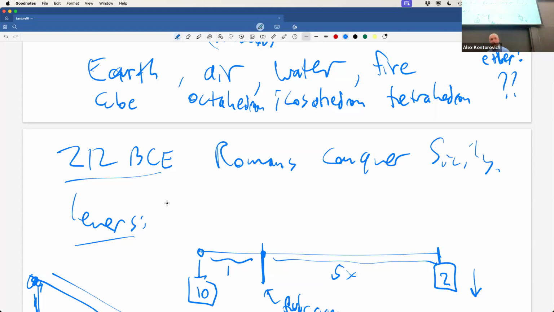And Archimedes is working on a problem in the sand. He's drawing a bunch of very complicated circles. He's sitting there thinking about what's going on. The soldier comes over and says, "Come with me immediately. The general needs to see you." And he's stepping on his circles. And Archimedes goes, "Hey, you're bothering my circles. What are you doing? Hang on." And what does the soldier do? He just kills him. He doesn't know who he is. He's just some idiot who doesn't know who he's talking to. Archimedes says, "Don't disturb my circles." The soldier says, "You don't talk to me like that. I'm a soldier." Just kills him. And there ends the great Archimedes.